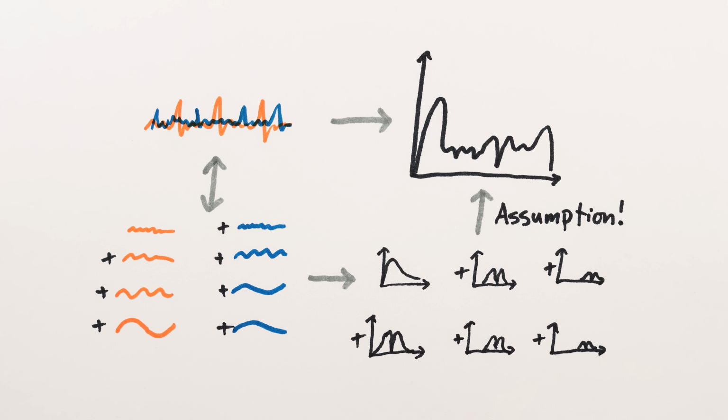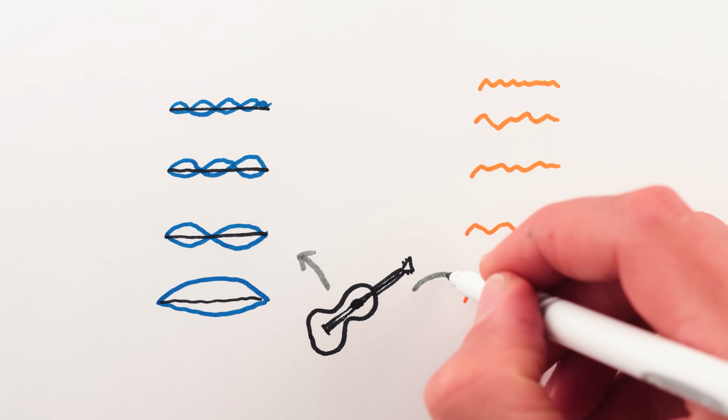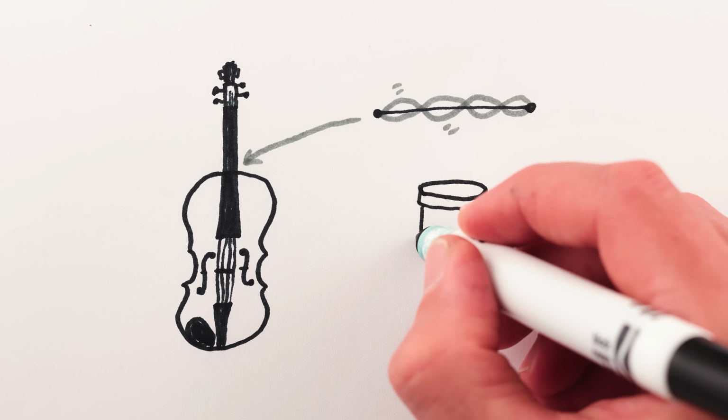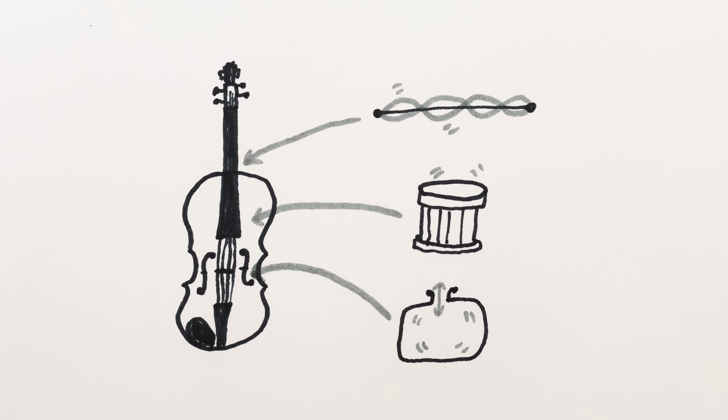rather than being some complicated nonlinear relationship. Another way that the dissonance curve oversimplifies things is that instruments don't just make one type of overtones. Like, a violin isn't just a bunch of vibrating strings. It also has a wooden body that vibrates in ways similar to a drum, and the body itself is an acoustic cavity for the air vibrating inside, and so on. And because the shape of the violin body doesn't change even if you change the note you're playing, the overtones of a violin are actually a complicated combination of the body overtones and the string